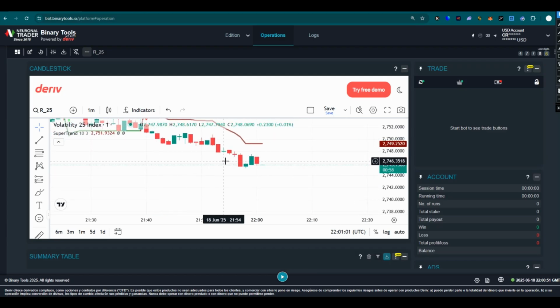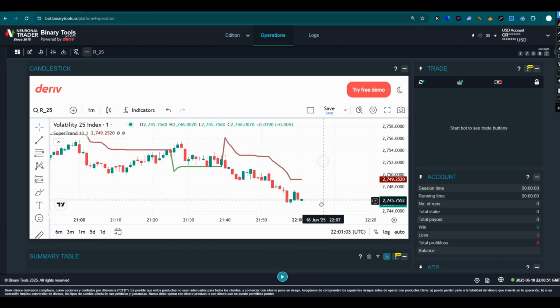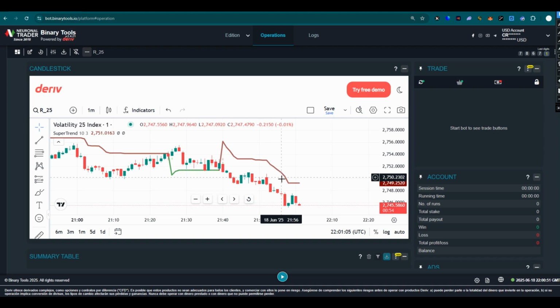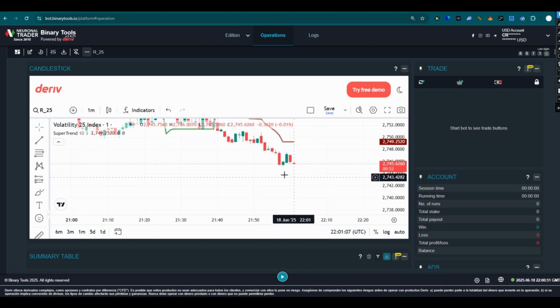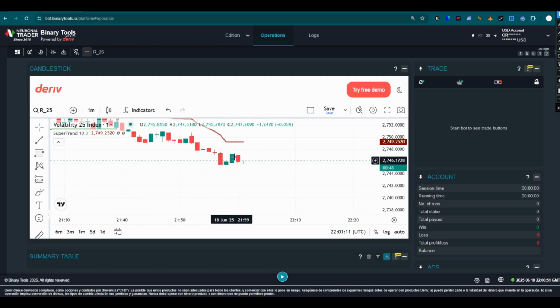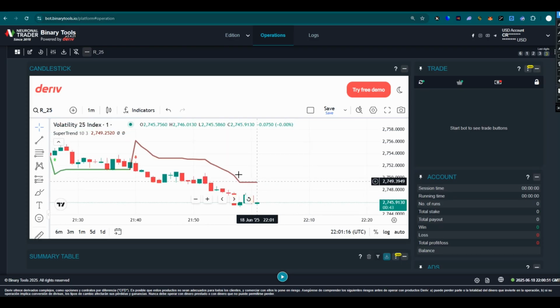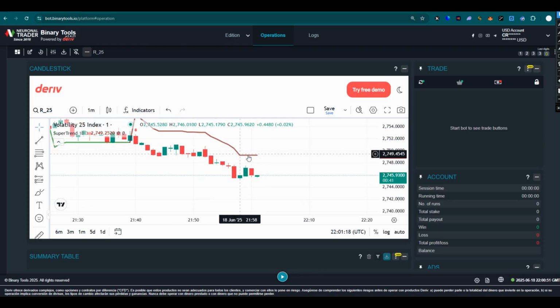You can see the market is here, and the super trend tells us that we have an opportunity to sell. But if you see a strong move like this, these 2 candles are very strong candles. If you see this strong move going in a direction you are not expecting, this strong candle indicates that anything can happen, maybe a reversal here. So you need to make sure you trade on those small candles, and the best area for you to trade is